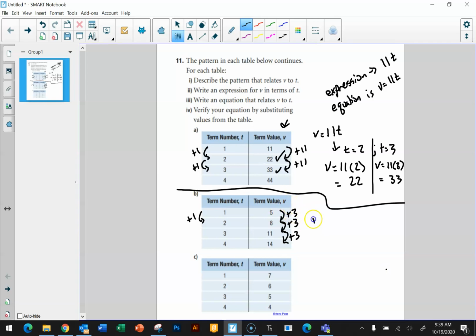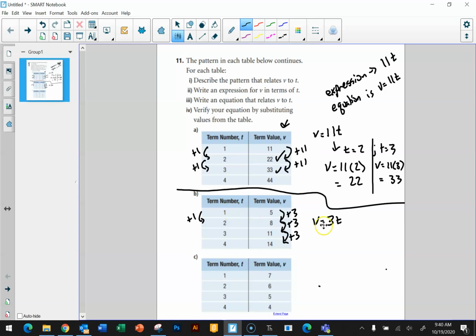So we write v equals. You always start with this one, v equals, and then you take this number and divide it by this number, so 3 divided by 1 is just 3. Then you put this variable, t, and then we check. So v equals 3t. If v equals 3 times t, if we look at the 1, 3 times 1 is 3, that's not